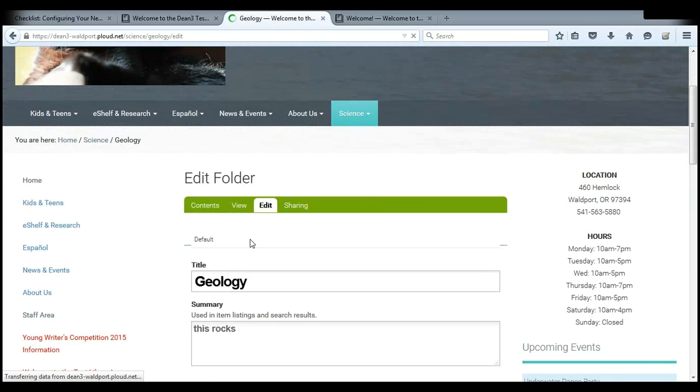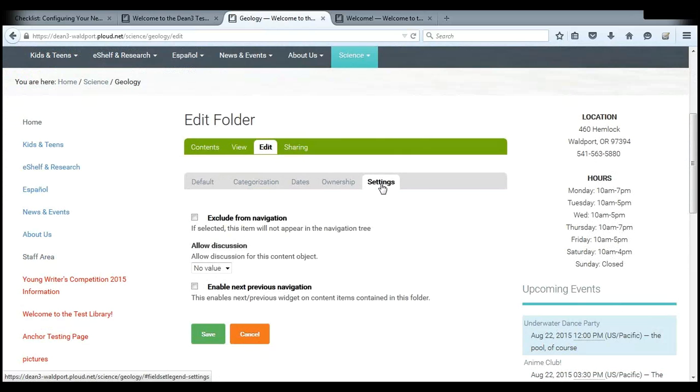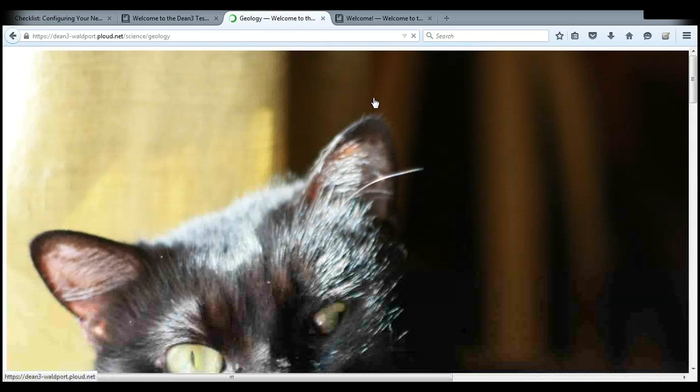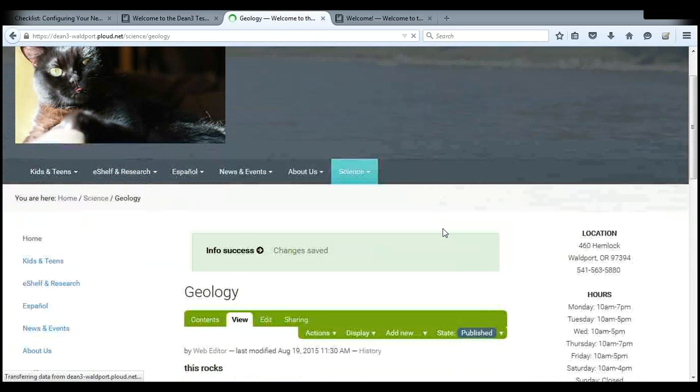And I'll give it a second to load the tabs here. And I'll go to the Settings tab. And there's an option here for Exclude from Navigation. So I'm going to click that and hit Save. And what that will do is hide this folder that I'm setting it for from all the navigation